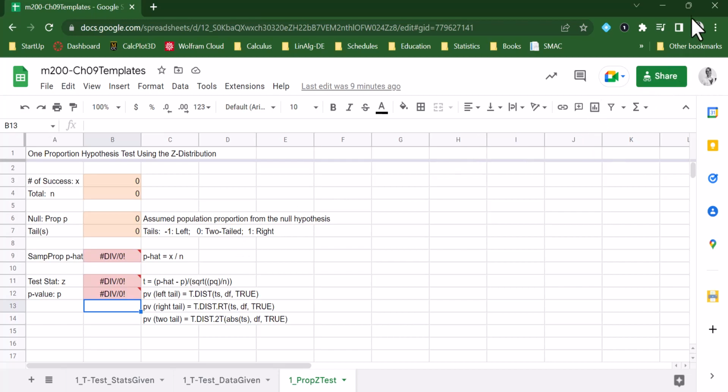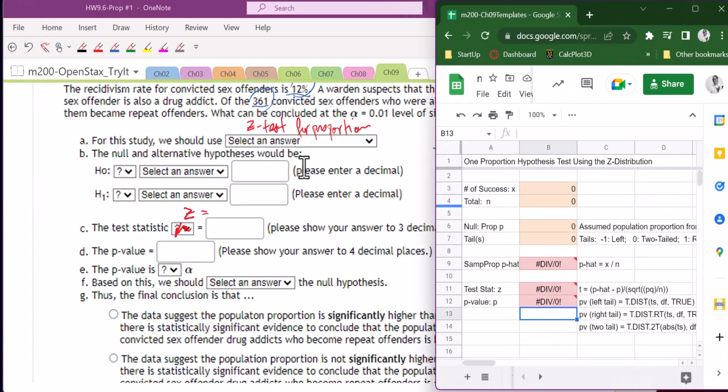this little workbook. Now let's put in the values that we are given. It looks like, if you remember, the number of successes we had was 58. And the total number that we pulled was 361. Our null hypothesis was 12%, so let's put 0.12 for the 12%. And then we are looking at a right tail test, so we will type in the number 1, and then